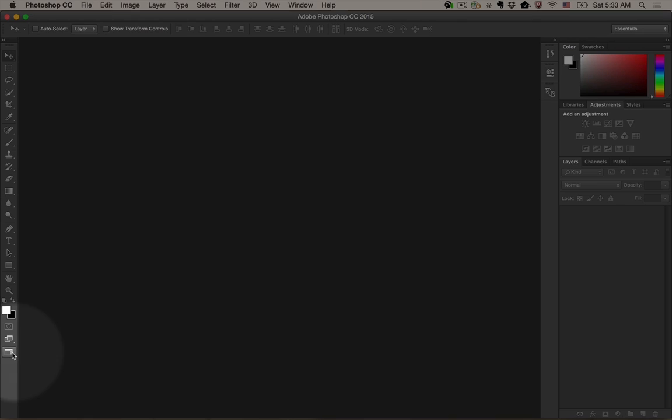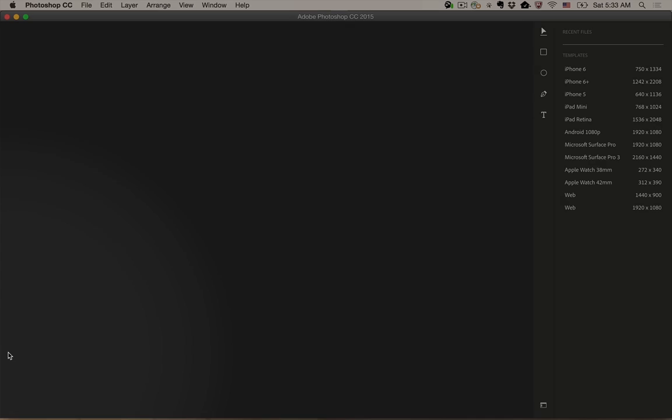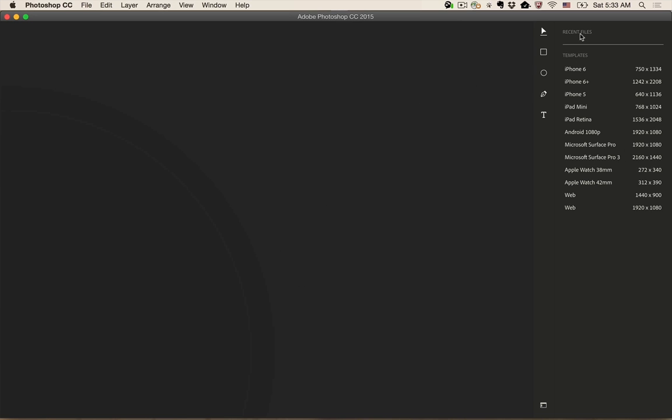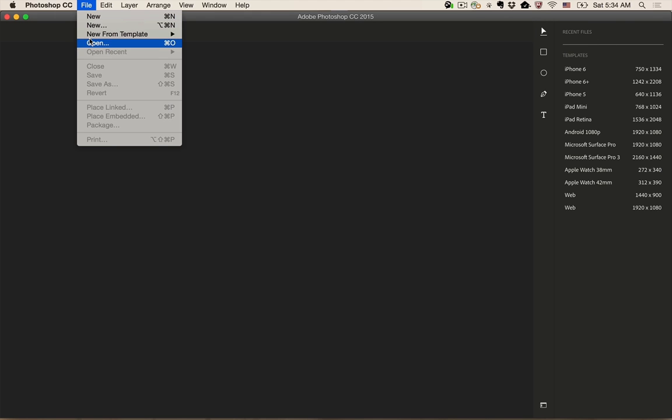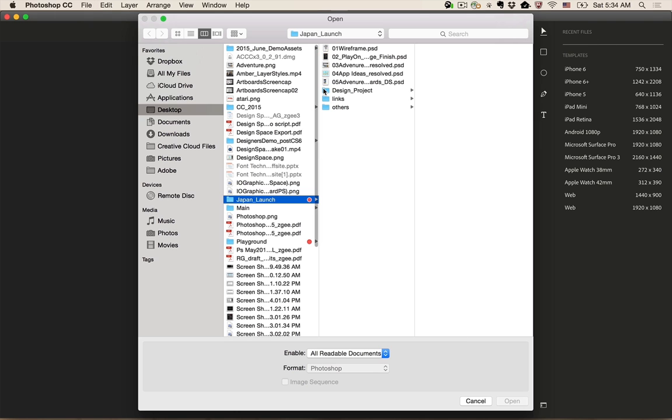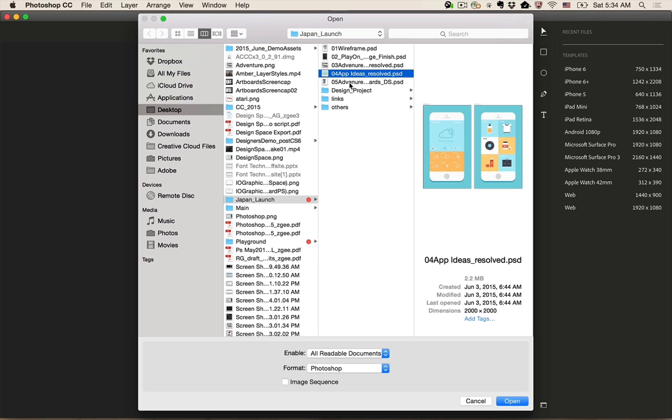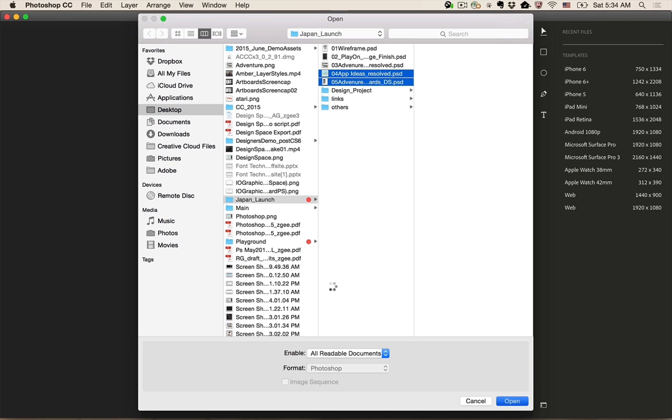And similar thing inside of Photoshop. You can toggle the two spaces that way. On the right-hand side here, without any documents open, you can click on any of these artboard templates to get started really quickly, or you have a list of recent files. I don't have anything there right now because I just deleted my preferences. So let's go ahead and open a couple things so you can get an idea of what we've done here